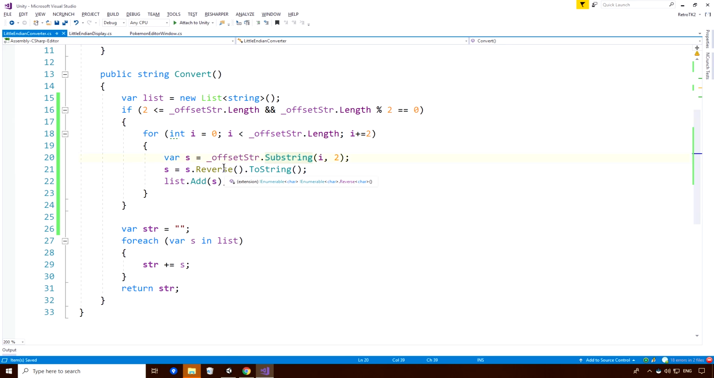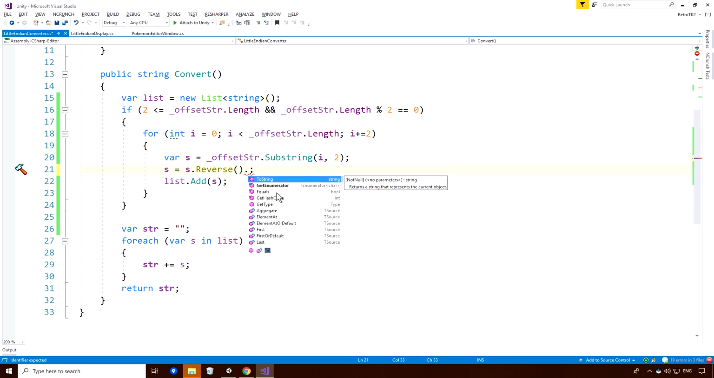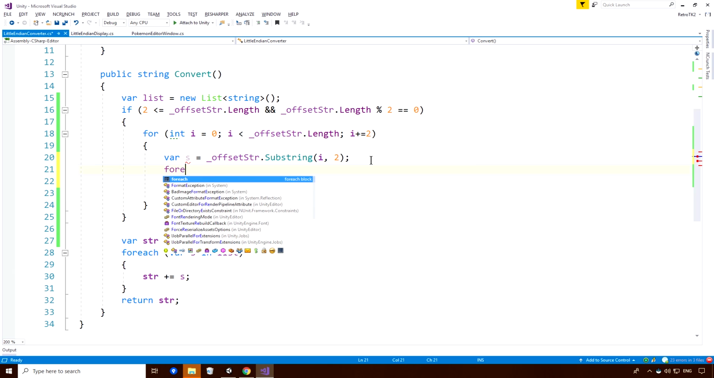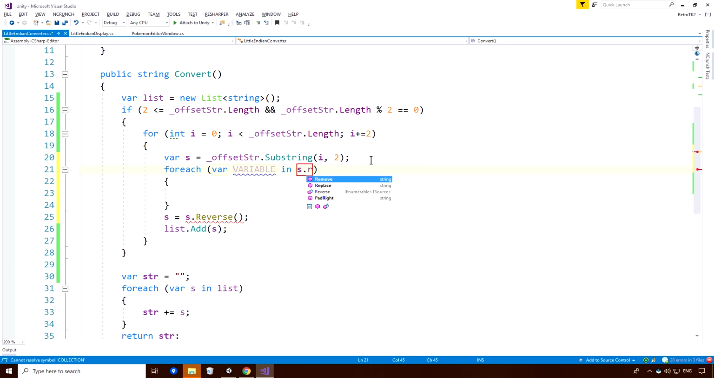The problem is that its reverse is going to convert that to a character string. What I want to do is convert the character string to string. I don't think that's going to work. I think that we want to... No, I don't like this. Okay, fair enough. Let's do for each s.reverse